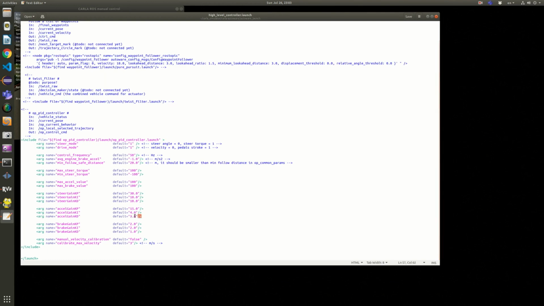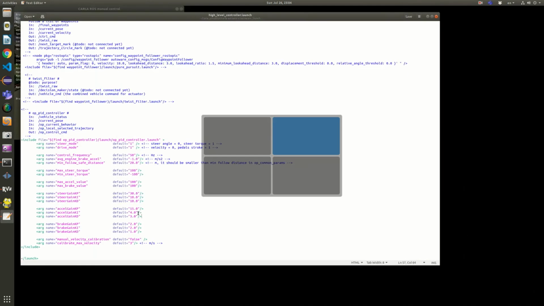So once we tune this, the follow PID will of course follow the same behavior as this PID. Or if you want separate parameters, you can add them. You can read the source code, and you can separate the gains for acceleration and follow PID. And that's how we create a simulated vehicle and follow it